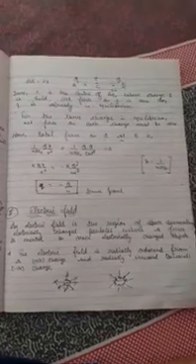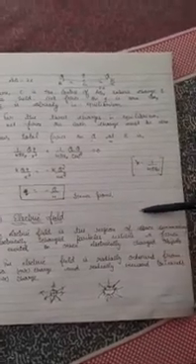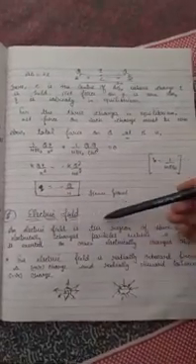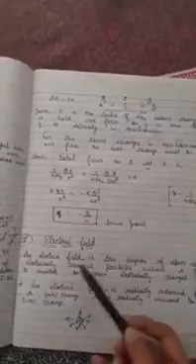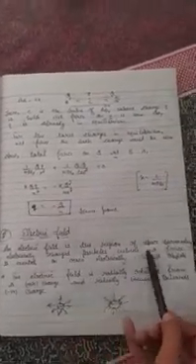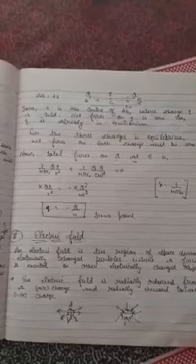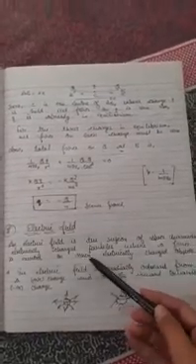Next small term we have, which in detail we will discuss in tomorrow's video session. Just see, electric field. What is electric field? An electric field is the region of space surrounding an electrically charged particle, meaning where the charge is and around that charge the influence which can be felt is called the electric field. An electric field is a region of space surrounding an electrically charged particle where a force is exerted, meaning if there are two charges there will be a force, either repulsive or attractive, exerted on another electrically charged object. Clear? This is the electric field.